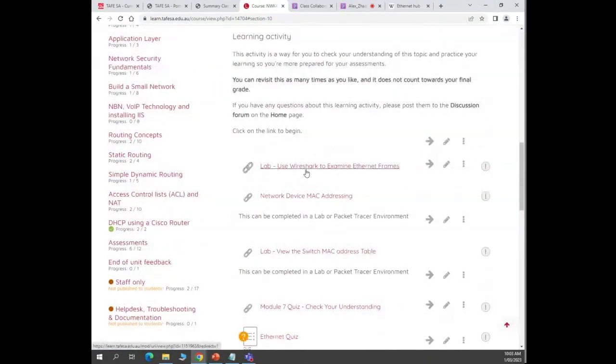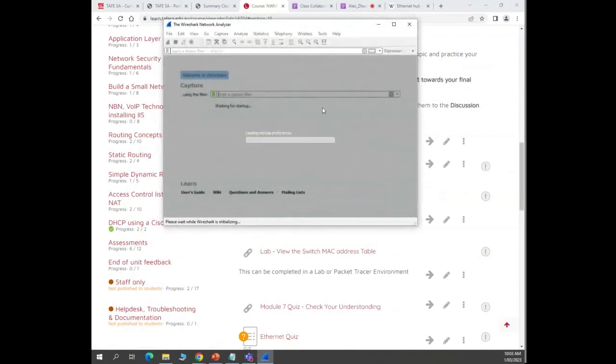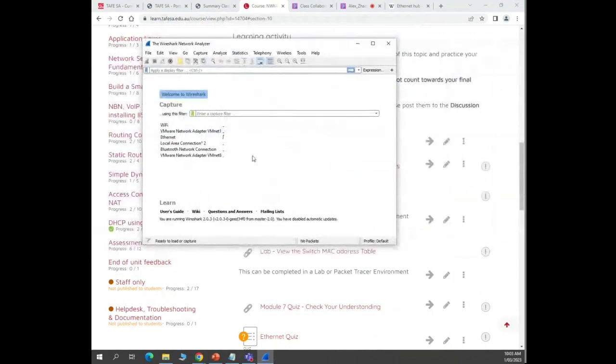And remember how I said Wireshark? There's a lab for Wireshark. Are we allowed to install Wireshark? Sorry? Are we allowed to use Wireshark here? Yeah. That's why it's installed on your computer right here. And we can actually capture